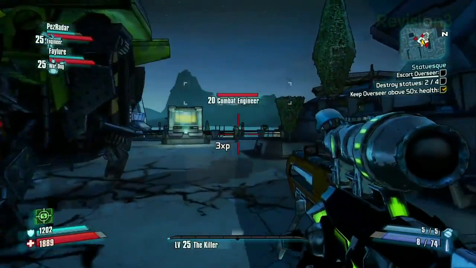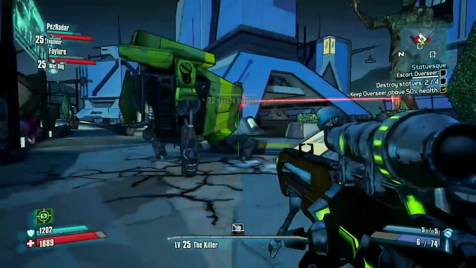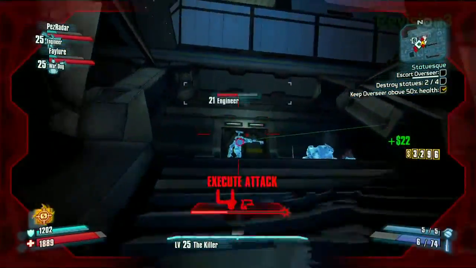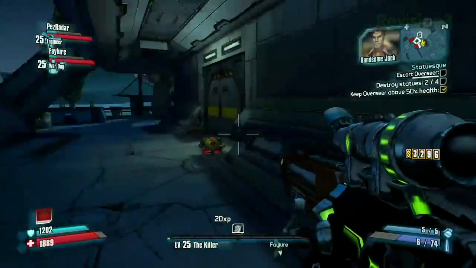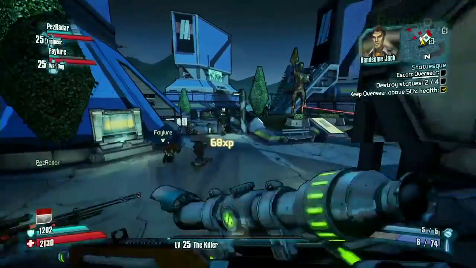Alright, so there you saw a sniper shot sniping one of Zero's main skill trees there. So you either want to be invisible and close, or far away and looking down the sights. Oh, come on! What's wrong with that statue? I'm holding the ball key and...